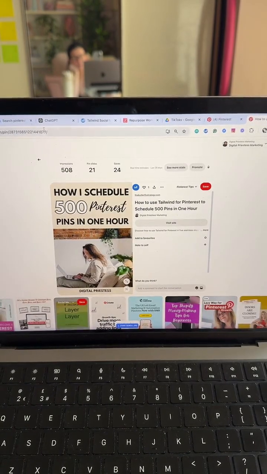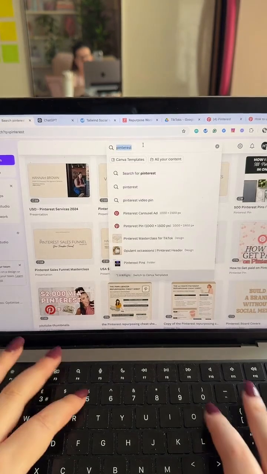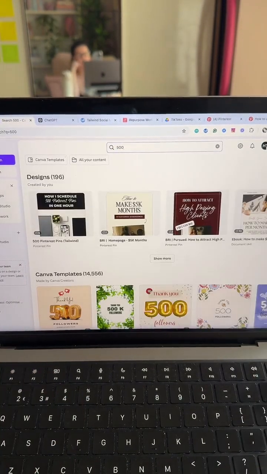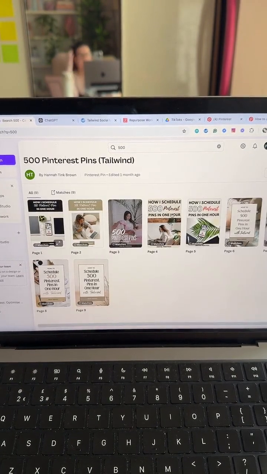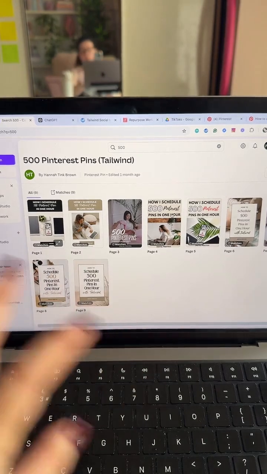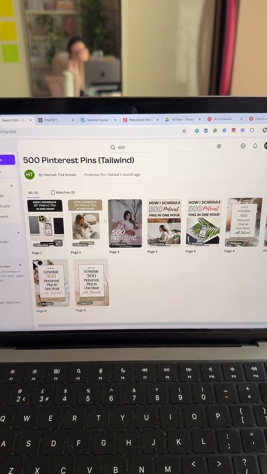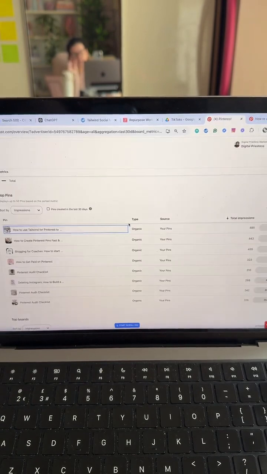How I schedule 500 Pinterest pins. Okay, let me search for 500 instead. That's probably easier. Here we go. So here's the original load of pins that I made for this one. Let me just go and see if there's any other pins from this batch that are doing quite well. How to make Pinterest pins, how to start a blog, how to get paid on Pinterest.